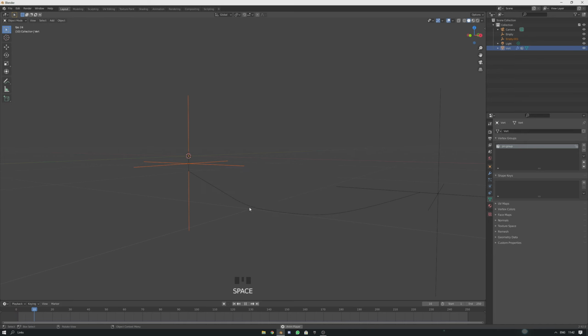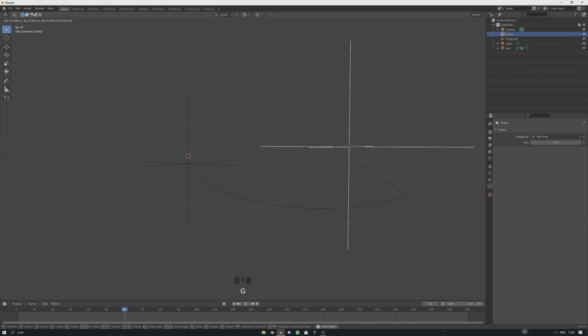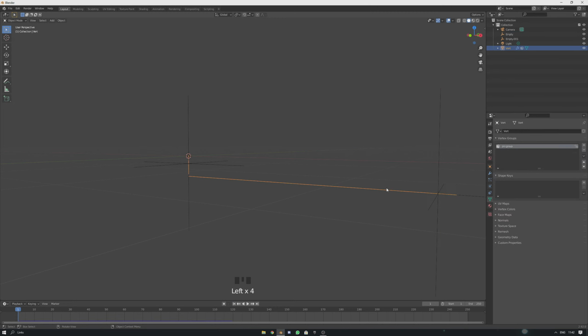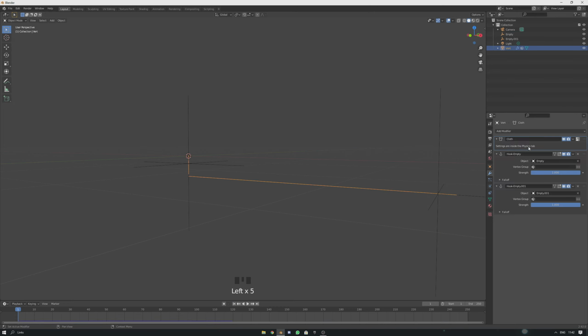You're gonna hook it and now we should be able to move it, but as you can see we cannot, and that's because of the modifier stack. You wanna select our wire or cable and then select this cloth modifier and drag it to the very bottom. I'm using Blender 2.92. If you are using 2.8 or any versions of 2.8, you will have arrows over here to go up or down. So you want to use those and bring cloth to the bottom.